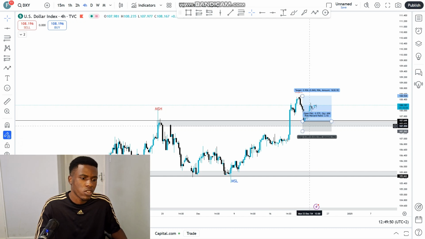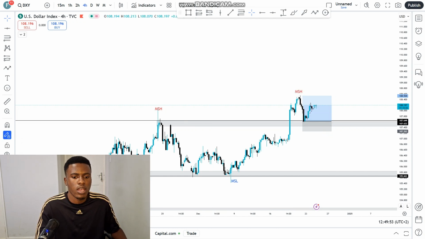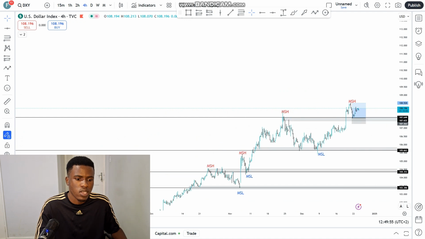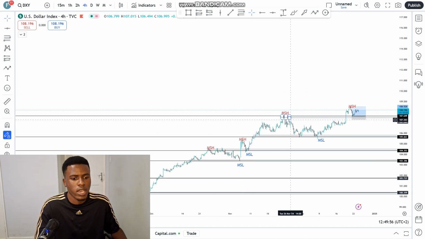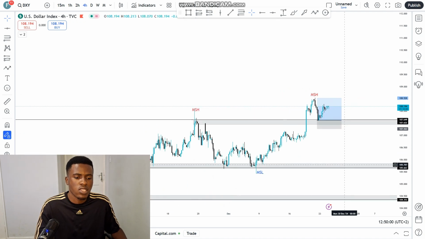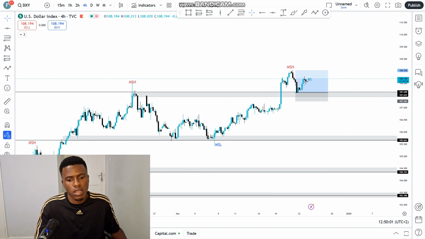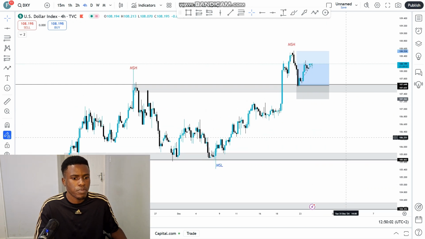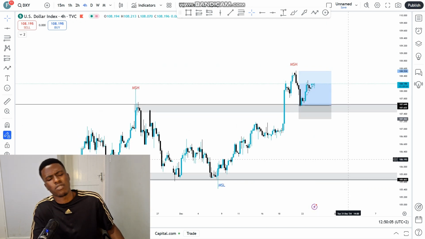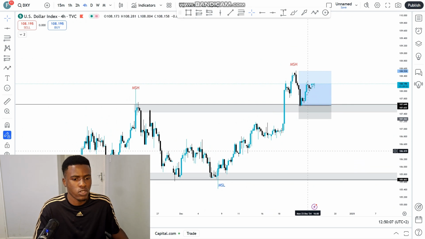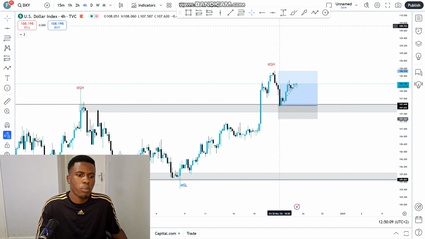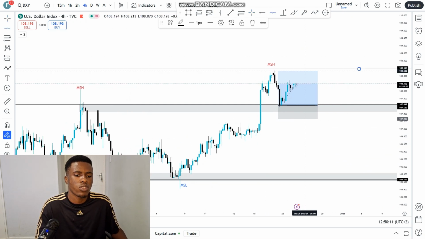That's why you see this template right here on this support area. And then, like I said, when you zoom out, you can see that we've been making swing lows, swing highs, and so on. So this is a really clear uptrend in my opinion. I mean, in fact, it should be everyone's opinion because it's really clean to see. So I'm expecting price to break this swing high right here and then continue to the upside.